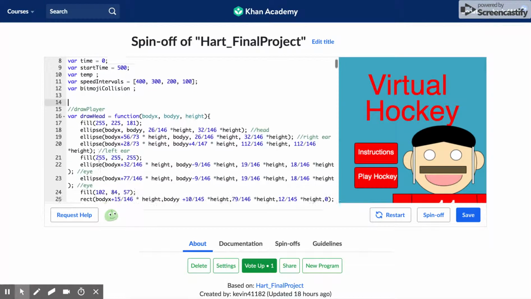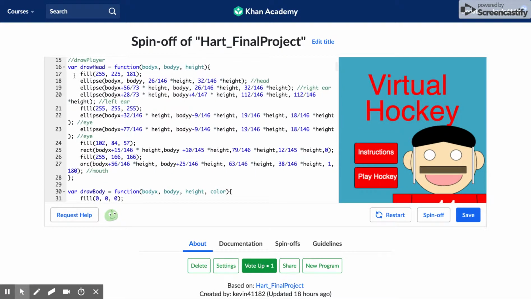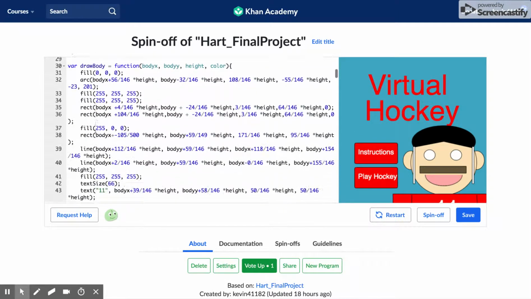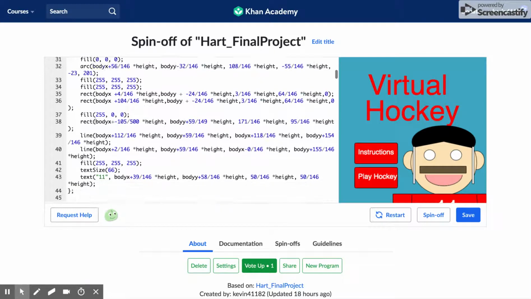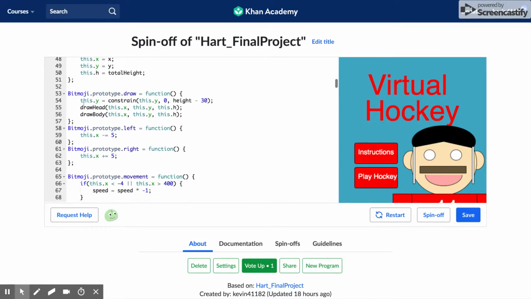up here. We go down here, and we have my draw player, my draw loops for drawing the head and the body of the Bitmoji, which then, below this, we have the Bitmoji object class. Since I had so many, or I would say like three or four Bitmojis in the game, I decided, hey, it'd probably be best to make the Bitmoji an object. So here's the object class for the Bitmoji, the draw loop where I draw the head and the body in